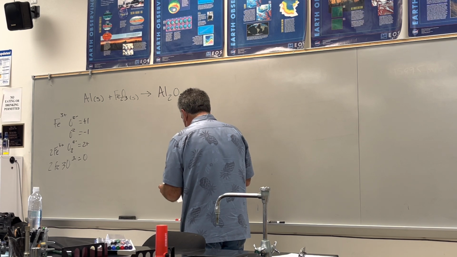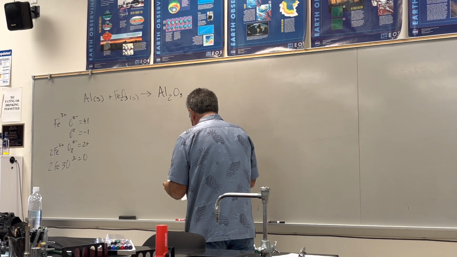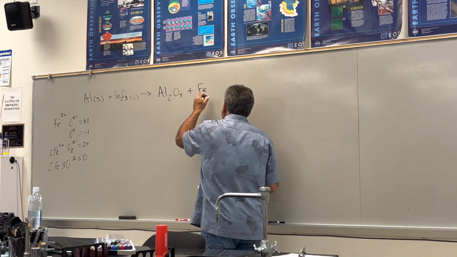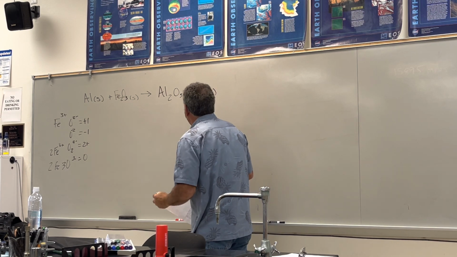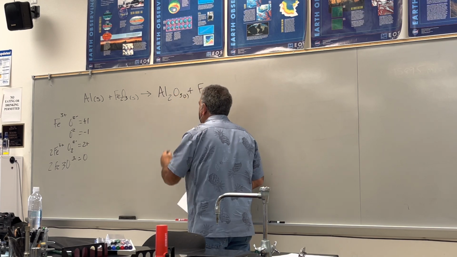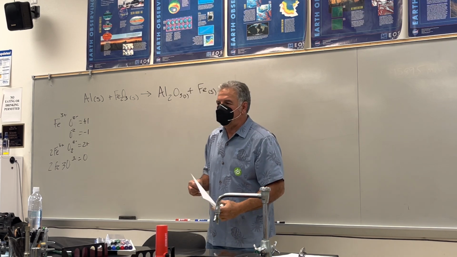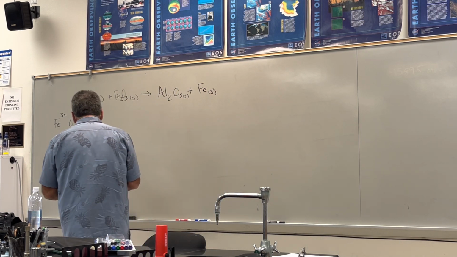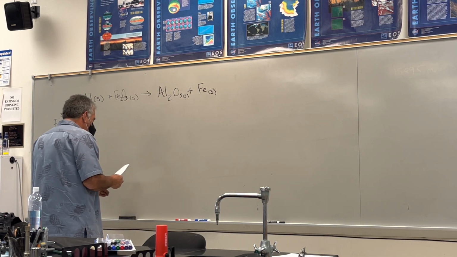And iron metal, Fe. This is a solid too. And when we write reactions, we always try to get the state if we can. Okay. So how many grams of iron are produced by the reaction of